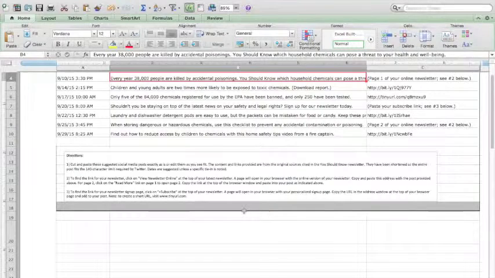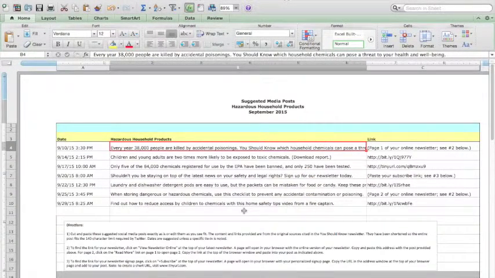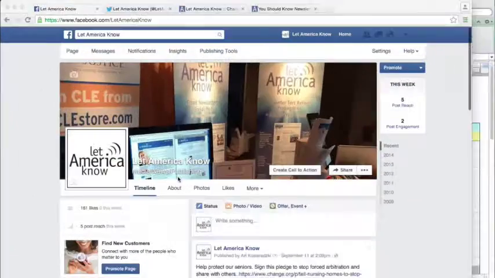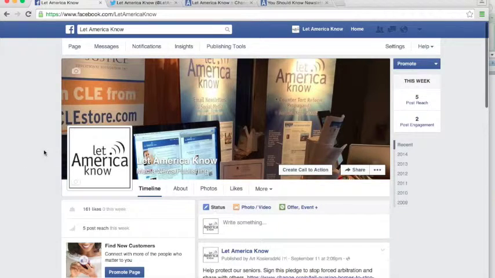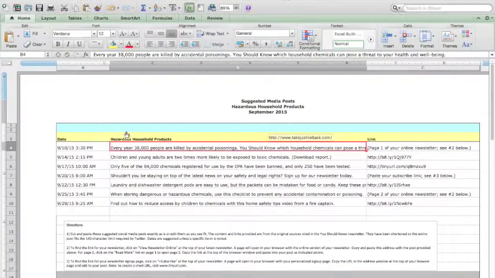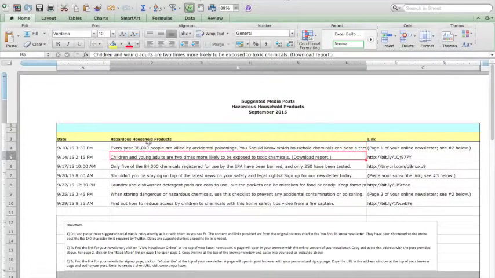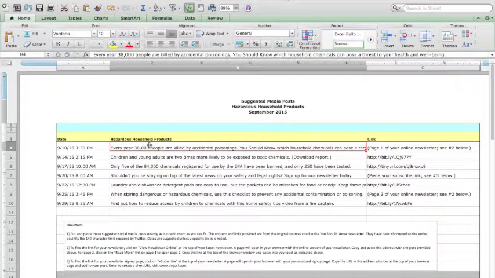They're fairly specific. You can use those to help you post on social media. For this example, I'm going to be posting on the Let America Know social media accounts. You'll do the same thing except for on your personal pages or on your law firm's pages. So to begin, let's pretend that today is September 10th, 2015, and it's about 3 p.m. So for our first post, we'll click on this cell here like I've done, and then you'll copy that